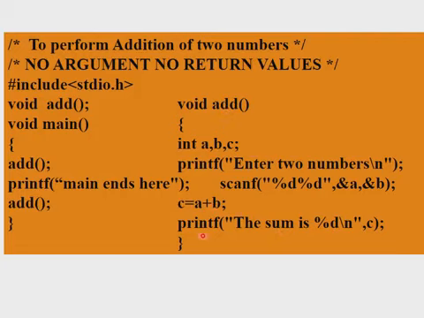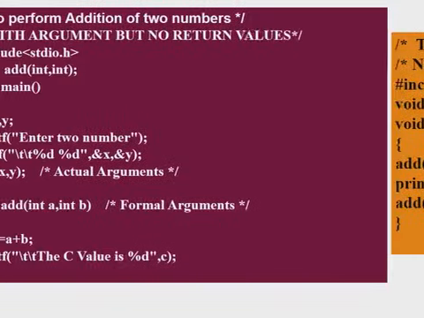So it will not return any values and it does not accept any values, that is, it does not have any arguments. So how can we call this function in the main function? Here in void main we have directly called this function using the function name and blank parameters, and again this main function ends and again we have called the add function a second time. So we have called this add function here two times but without any argument. So this is the first type, or category, of function that does not have arguments and does not return any values.